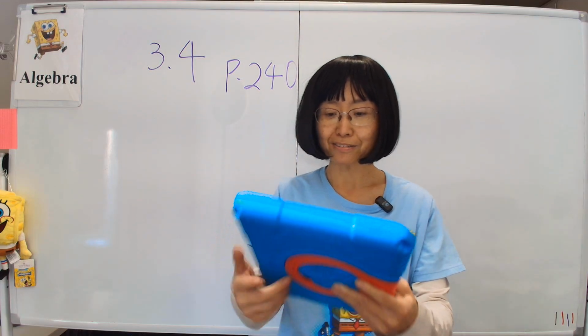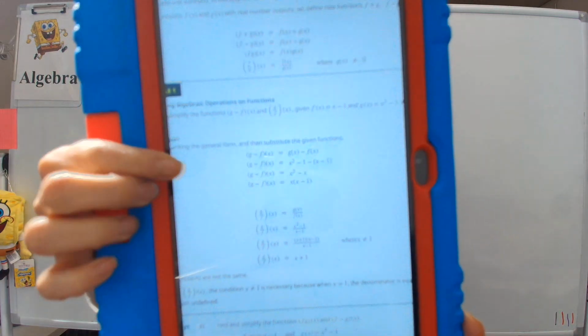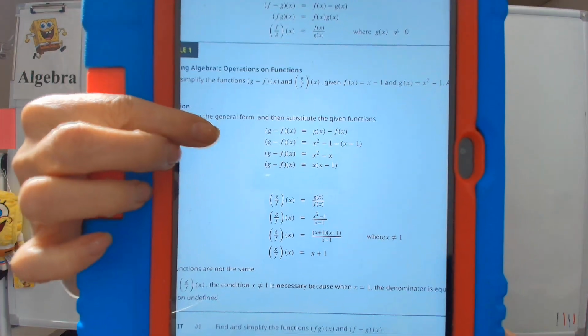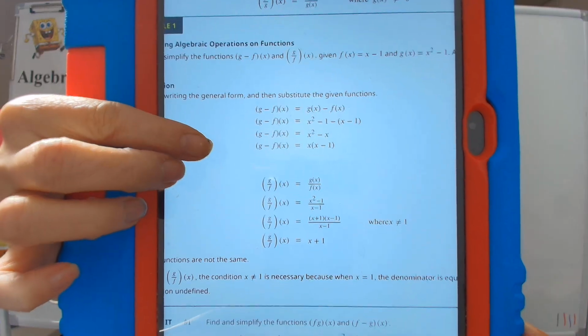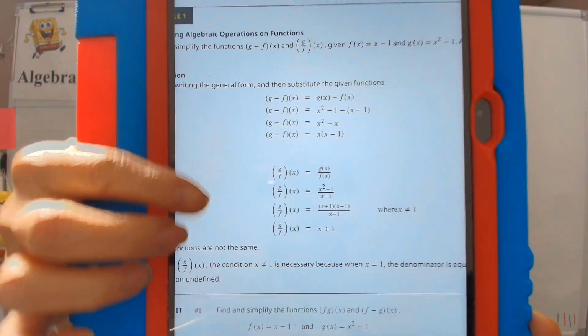Well, you just subtract those two things, as we see. So g minus f of x is simply, let's subtract them, and it becomes something. You can factor it or not, so that's the answer. Similarly,